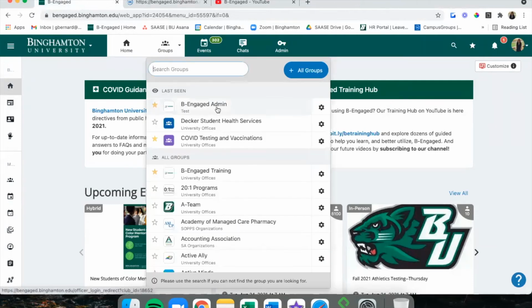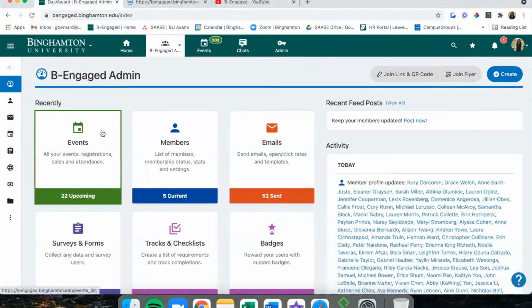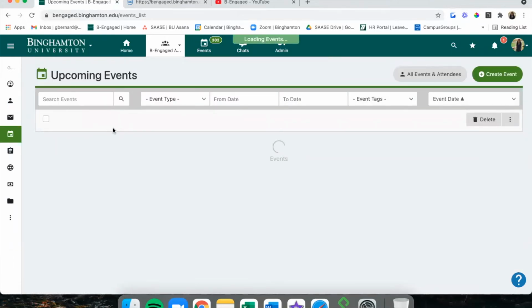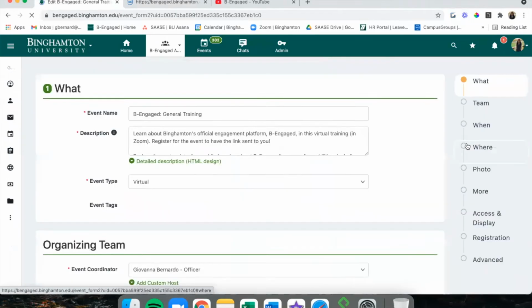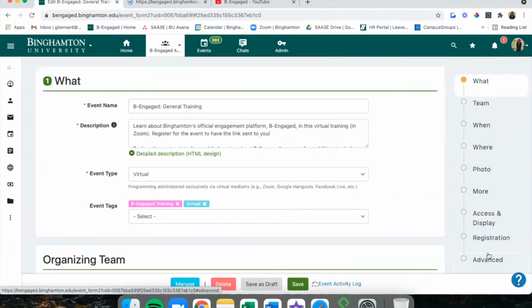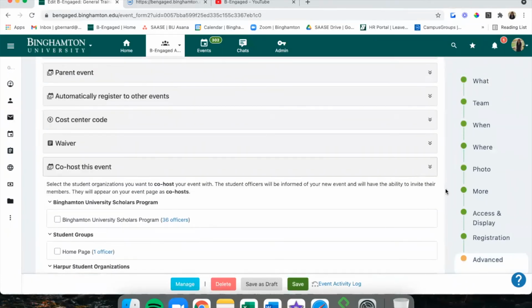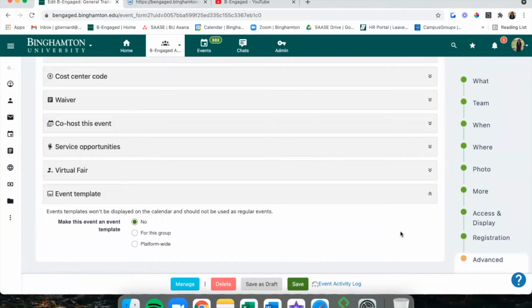And we're going to go back to our group, our events, and we're going to click the edit button and head all the way down to the advanced section, actually the very bottom option, event templates, for our number 3 feature you should be using in Be Engaged.